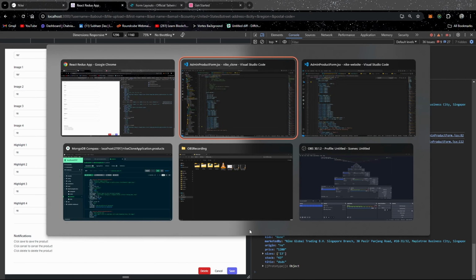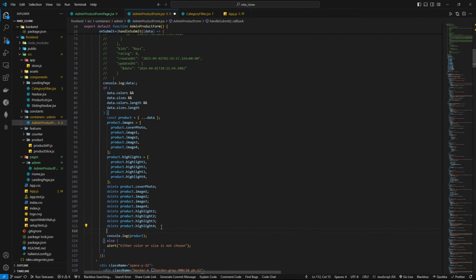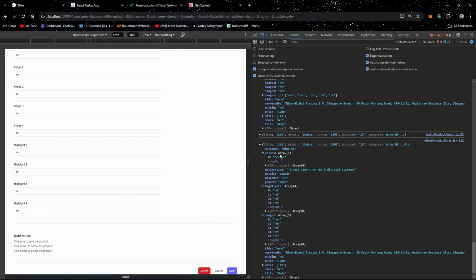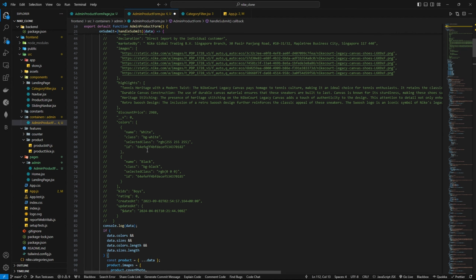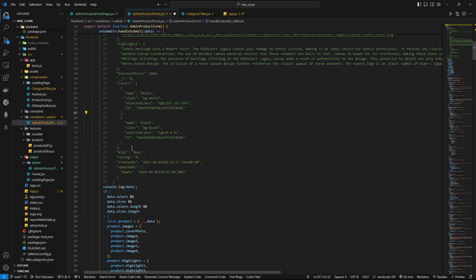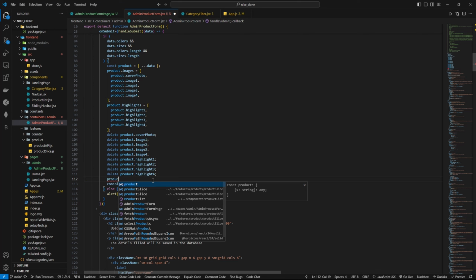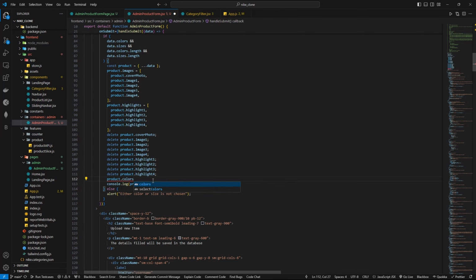Okay, so now we are going to make it for the colors. We want the color not in this format, just the name. We don't want just the name, we want the whole property, like the class name and selected class and IDs. We want all these four properties. So for that, what we can do is product.colors should be equal to something like, we are going to map the colors, product.colors.map,